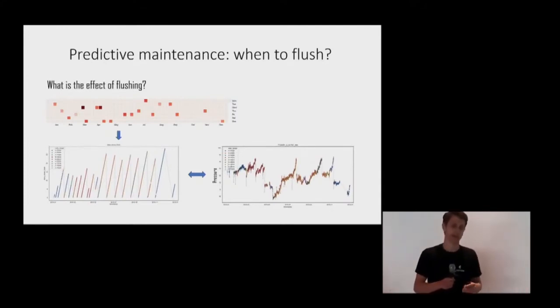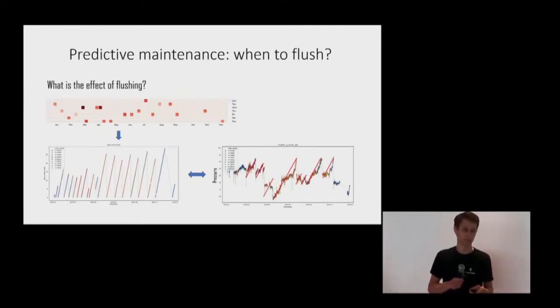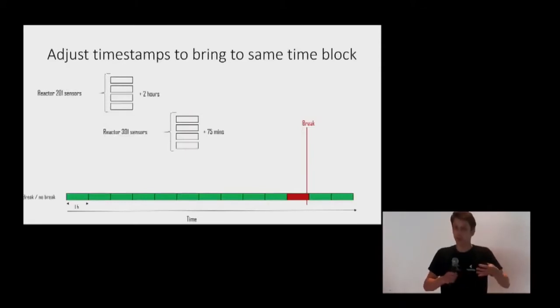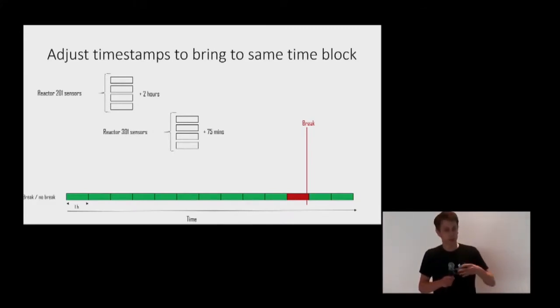But now they will start using these things, because as the pressure on these filters increases, this is because these impurities start building up coming from this final tank. And so it's a very important signal that you should do this flush, and it's much better to time it that way. And so the project then evolved into actually improving the quality overall. We already kind of helped them timing the maintenance. And then the goal became to